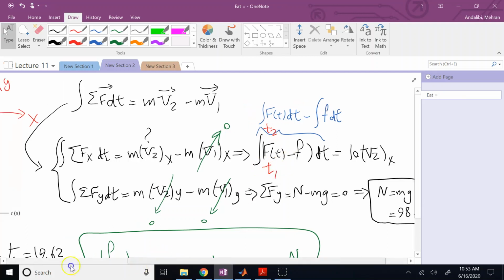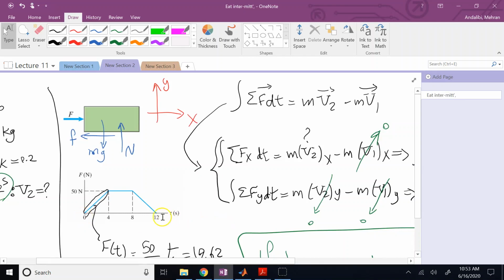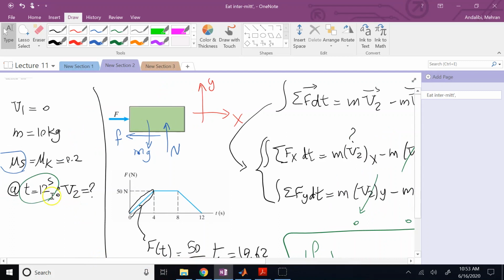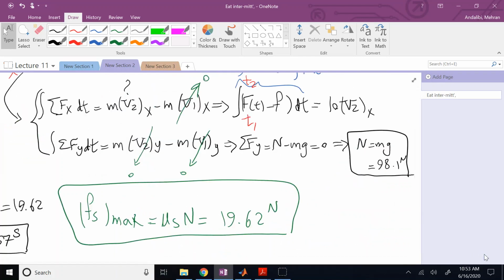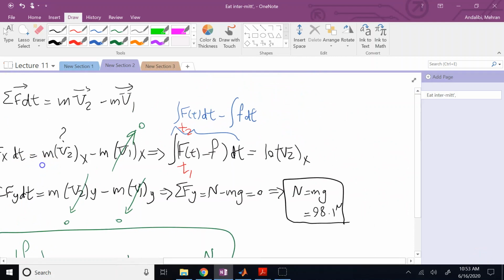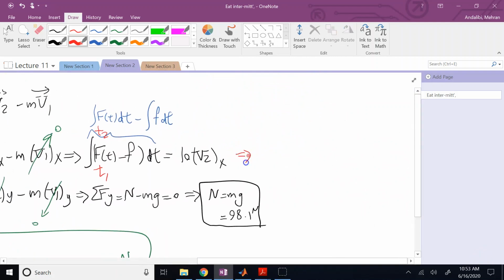I cannot simply come and say, well, t1 is 0, t2 is 12. No. t2 is 12, right? Because that's what we want. But t1 is when the motion starts, and that is 1.57. Okay, that way I can do it. So if I continue here, this is going to be the integral from 1.57 to 12 of F_t dt